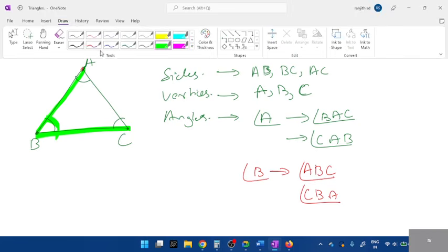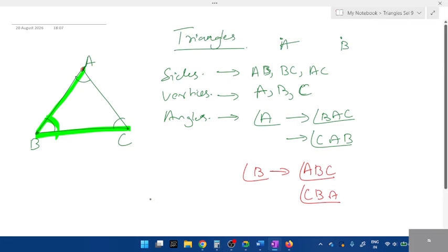Next, tell me for angle C, how do you write angle C, students? If you respond, it's very simple. See, put C in between. What are the two alphabets we have? A, C, B, and B, C, A. No, C should be in between. A, C, B, B, C, A. Any doubts on how to write the angles? Okay, if you want to make a note or just go through this, especially the angle part, look at the way to write an angle.